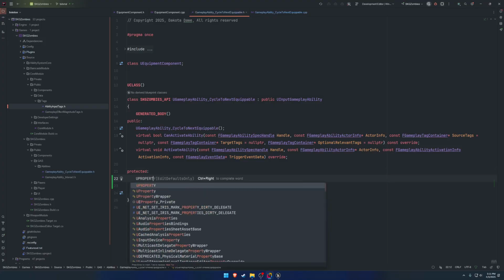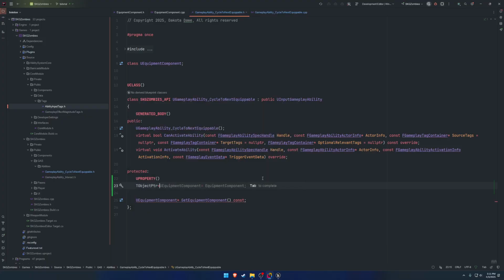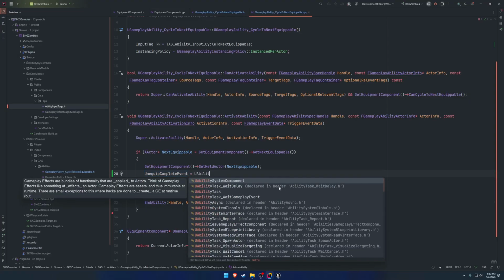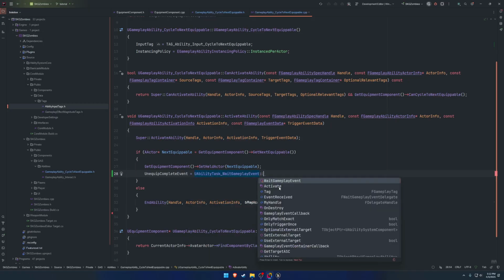UPROPERTY TObjectPtr of UAbilityTask_WaitGameplayEvent, and let's call this one UnequipCompleteEvent. Now let's forward declare, and now we can begin. So UnequipCompleteEvent is going to equal UAbilityTask_WaitGameplayEvent,